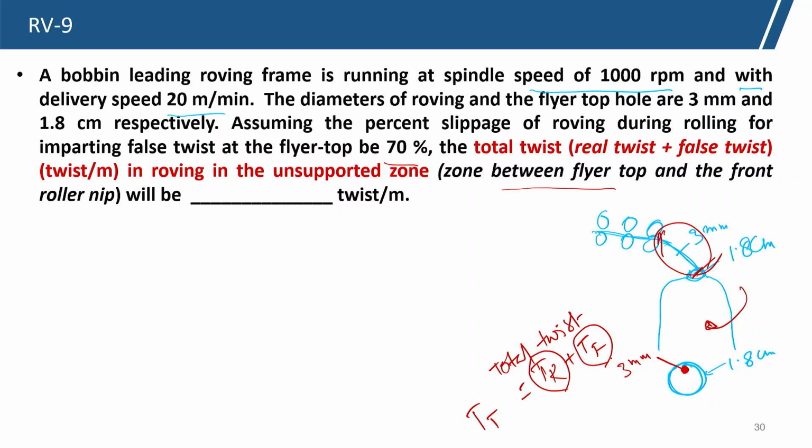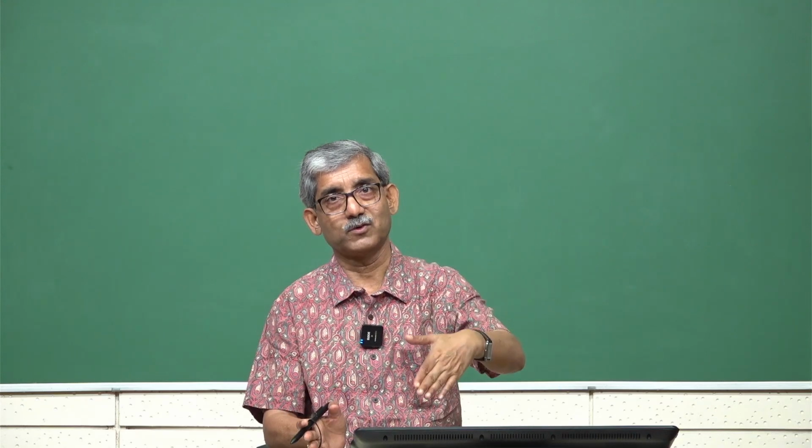Real twist is imparted by the flare and false twist is imparted by the flat top, that we must be very clear about. So, in the unsupported zone, there will be real twist plus false twist,